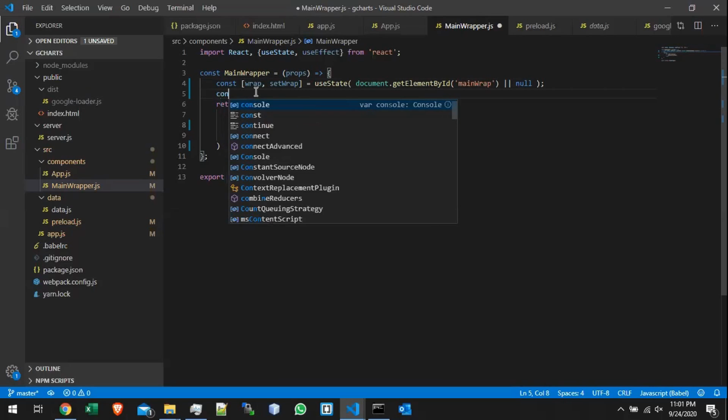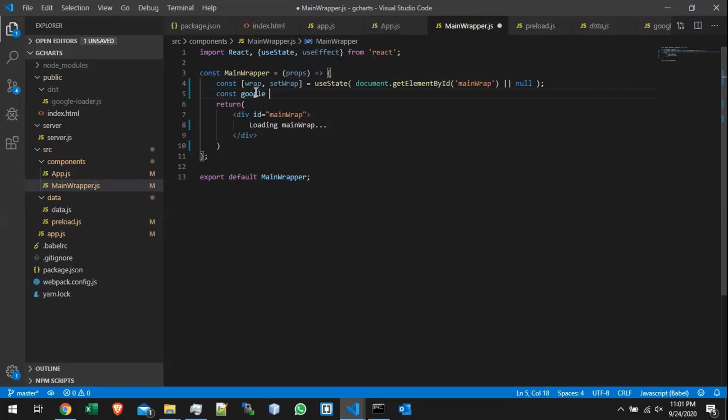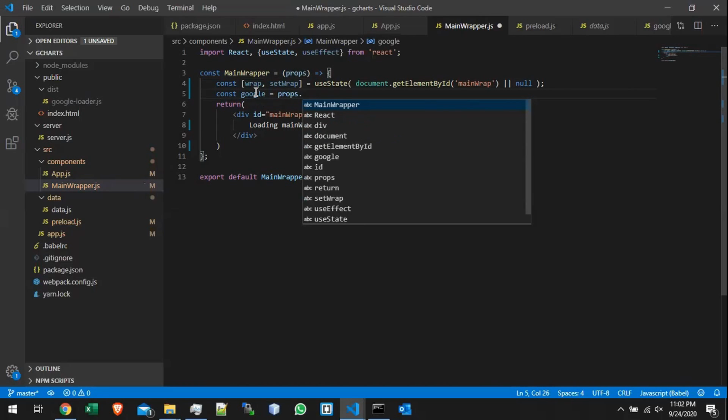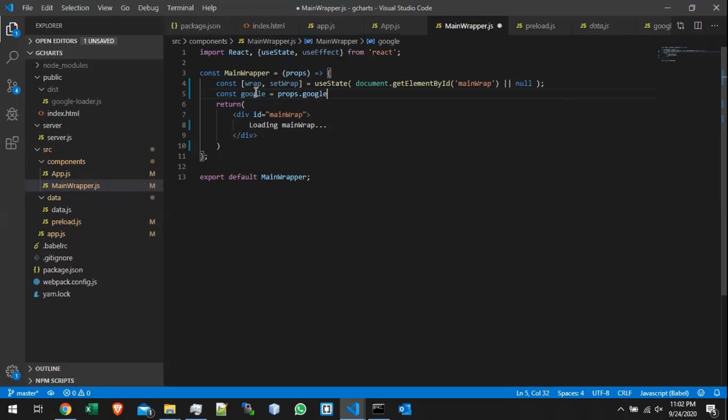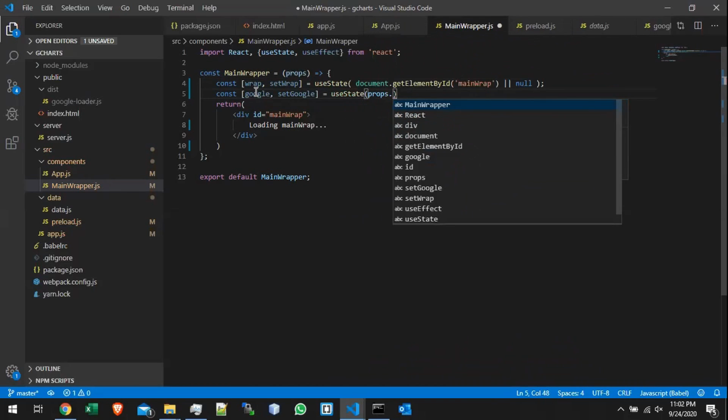And we'll say const google equals props.google. Actually, if we're going to be consistent, let's say const [google, setGoogle] equals useState(props.google),